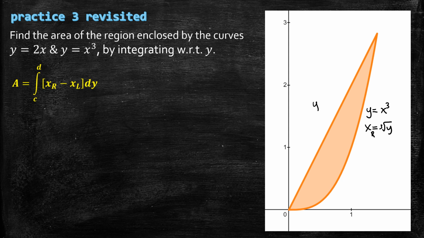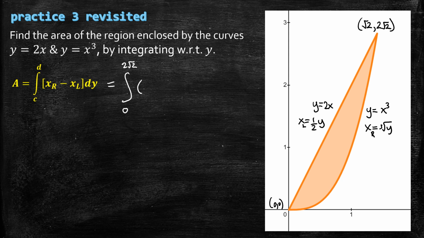On the left, we have y equals 2x. If we solve that for x, we get that. That is our left-hand curve. And so now we move over here to the formula, equals the integral. We need c and d as well. Let's remember that this is 0, 0. We solved this before in the other example, and this was 2 root 2, if you recall. Okay, so now we are going from 0 to 2 root 2, and